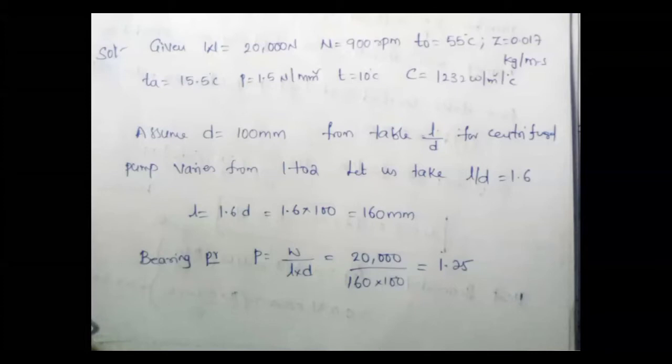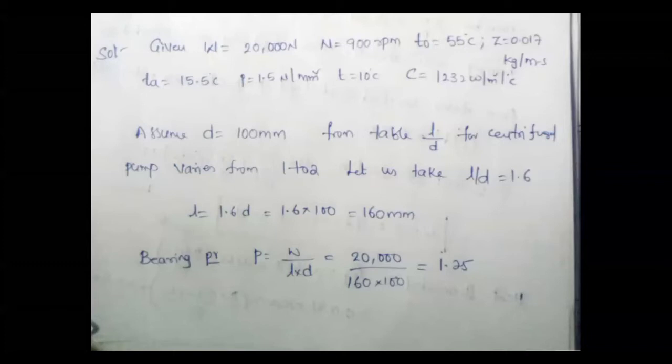Right. What I did is a very simple thing. First I take my data book, choose the application and select the corresponding values. Now I assume the value of D. My assumption is the D value is 100. It is only a value, my assumption. Your assumption may be 50, or 70, or 120. It's your choice. But you have to satisfy the condition. How do you satisfy it? Right.